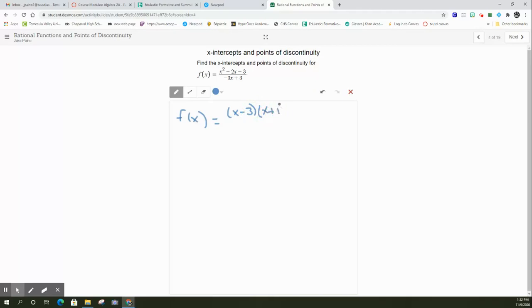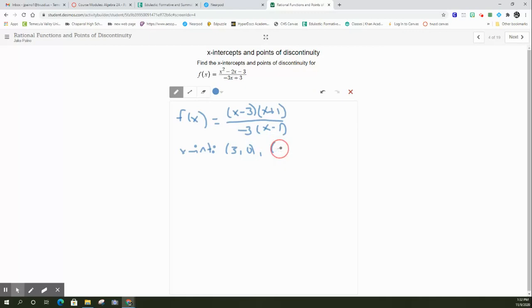On the bottom, I'm going to take out a -3, and I'm going to get x minus 1. Okay, so notice nothing cancels out, so there's not going to be any holes. All right, so I'm going to have a vertical asymptote at what makes the bottom 0, so that'd be positive 1. And I'm going to have x-intercepts at positive 3 and negative 1 because that's what makes my numerator 0. So x-intercepts, okay, there's 2 of them, positive 3, 0,